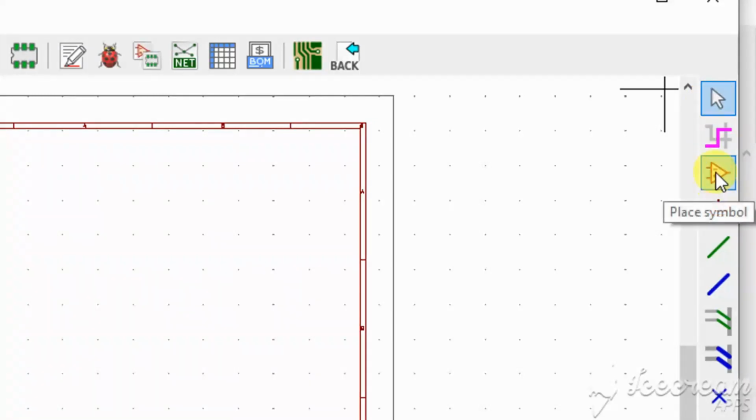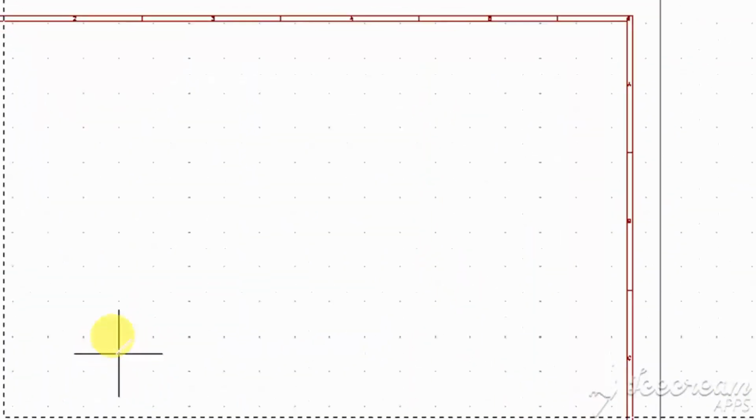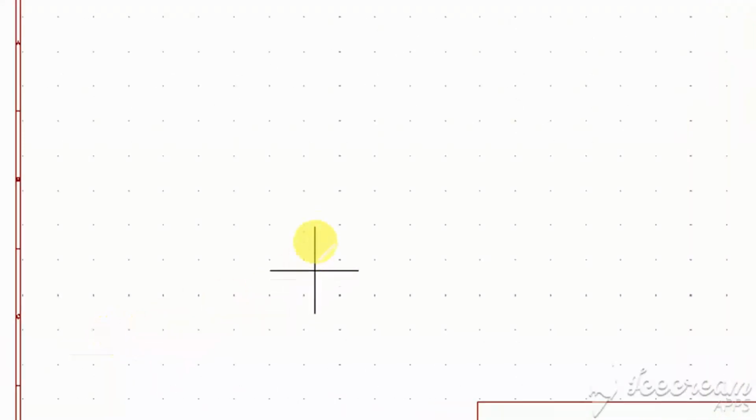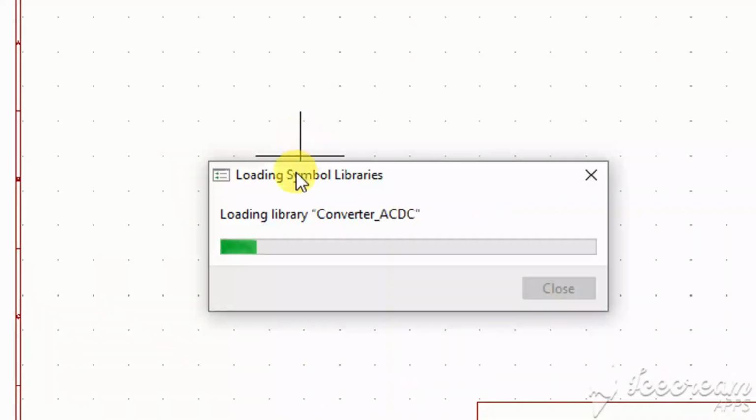And next, this tool is for placing a symbol. First I am choosing to add a symbol, so I use this place symbol tool. Click the place symbol tool, go to your project design area, and click any place in your design area. Click this loading symbol libraries.